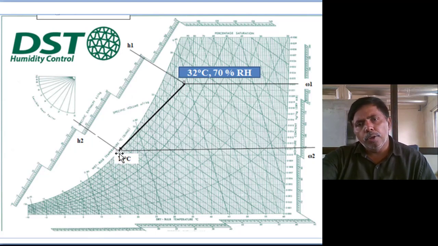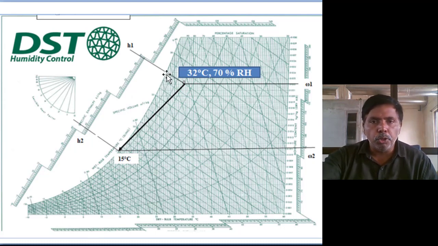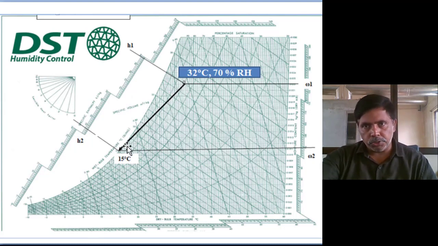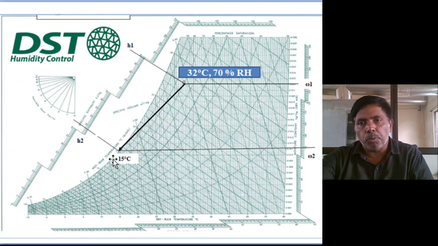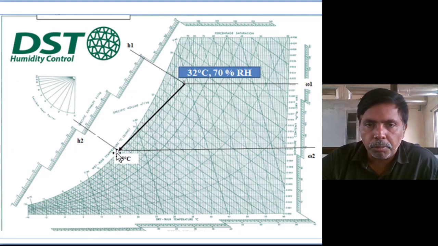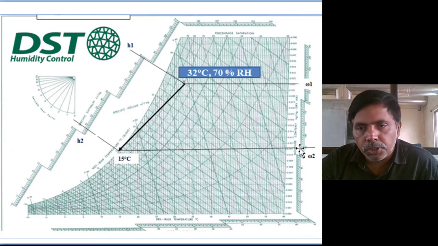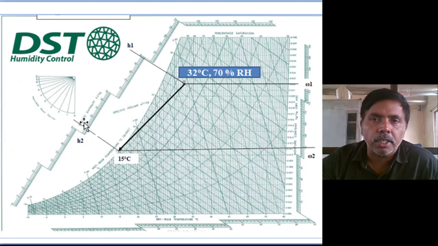Second point, we are cooling up to 15 degrees. Suppose the dew point temperature here is some 25 degrees. Below 25 degrees of dry bulb temperature, water condensation will start. So we are moving up to 15 degrees, meaning more moisture is removed. The final mark reaches the saturation condition. So mark the point here and determine the moisture content and determine the enthalpy.